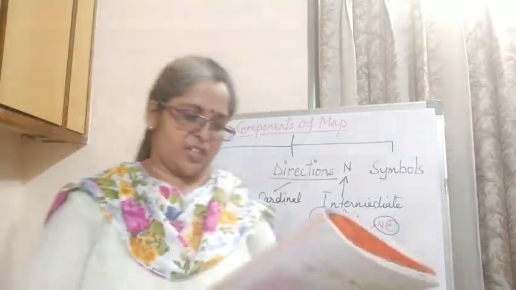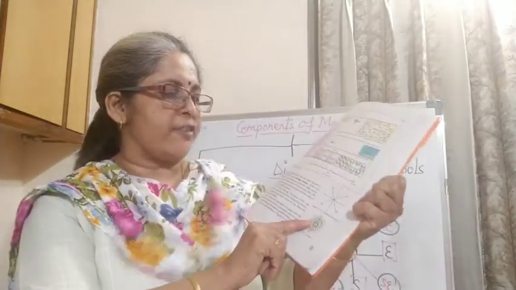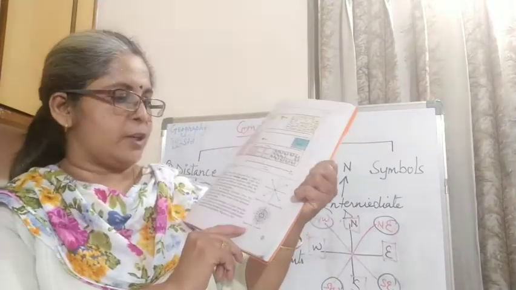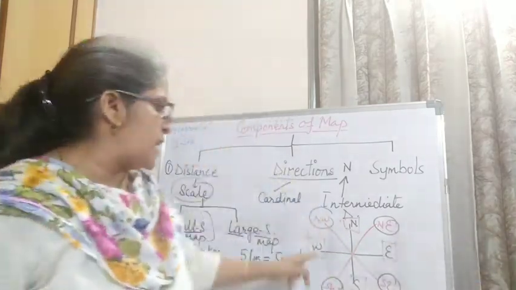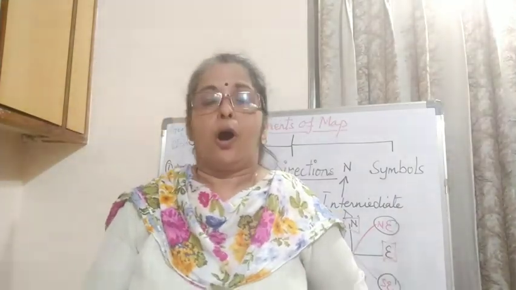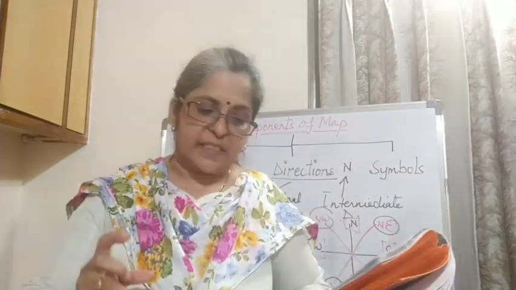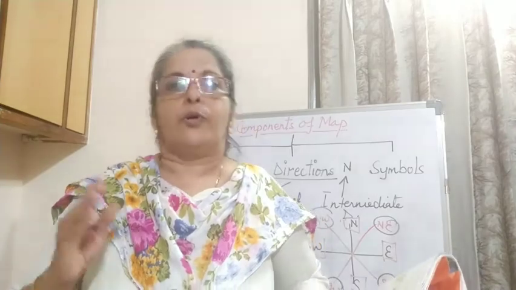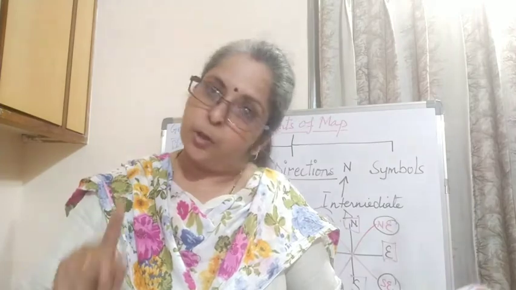Now for the directions, you see here on page number 25, I am also showing two figures, 4.2a and 4.2b. In 4.2a you have the cardinal directions and the intermediate directions, both north, south, east, west, as I have shown here. And you have the compass also, or the geographers or the scientists, they have the compass with them. With that compass needle, they come to know where is the north. The compass needle always points towards the north only.